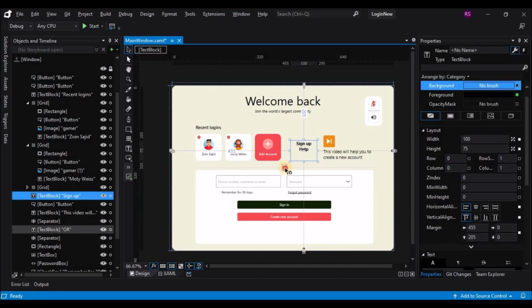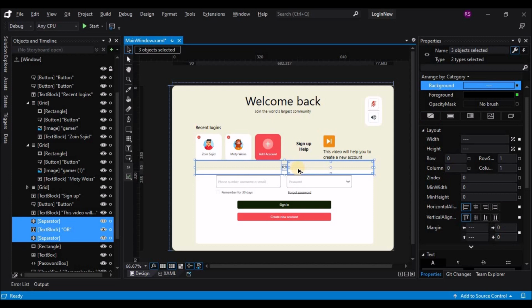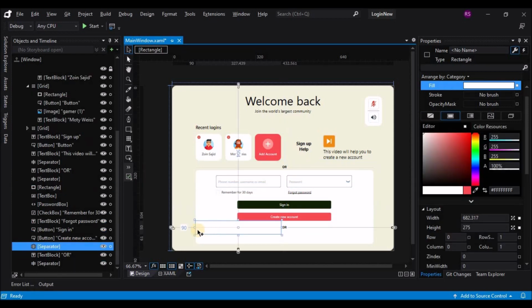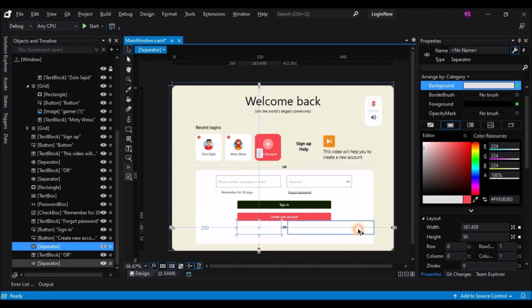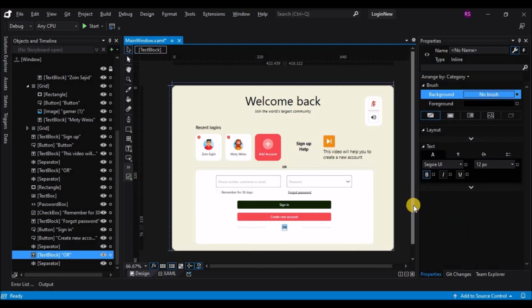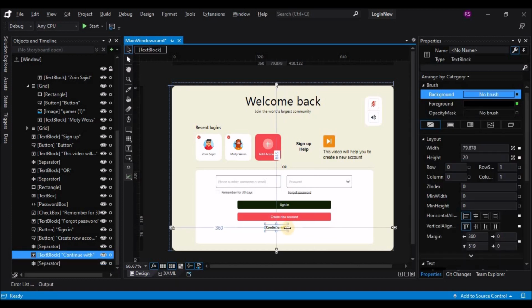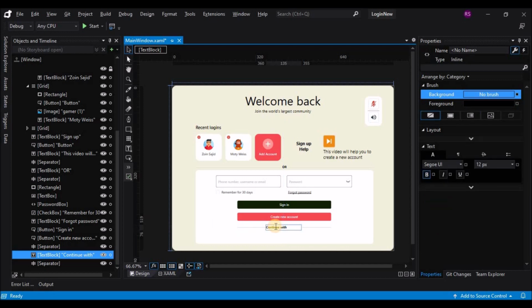So let's copy what we have on the top, hold the Alt key and drag it using the mouse. So let's decrease the size of the separator to align it with the buttons. Change the text, increase the size of the text block, align the text to center,